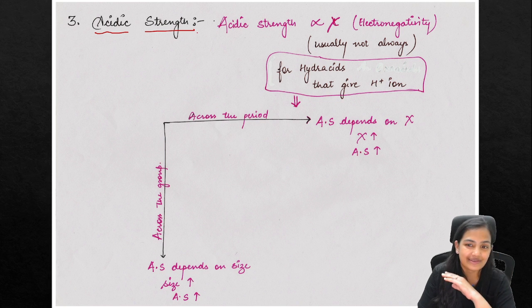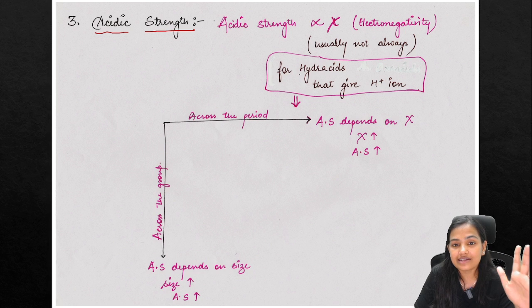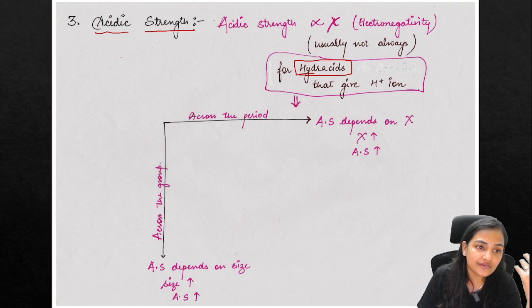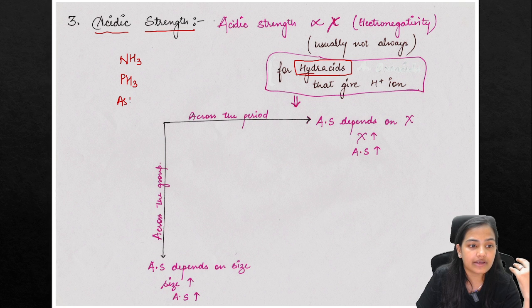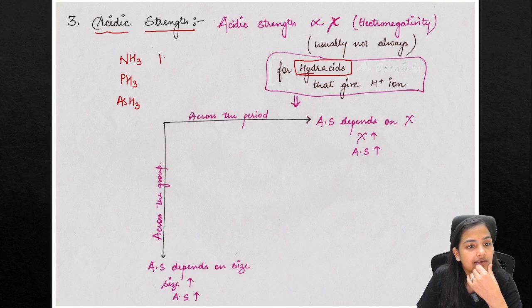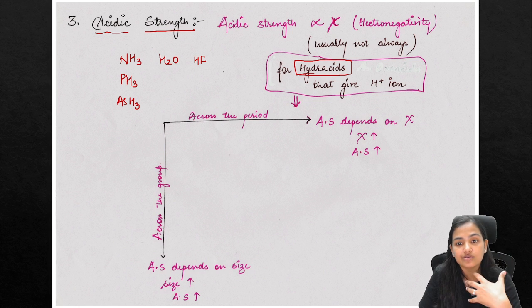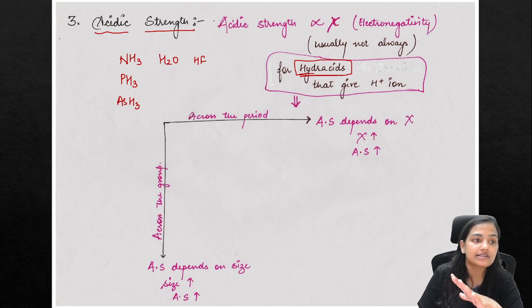So this is an amazing topic. Guys, I will be talking about the acidic strength of the hydracids. What are hydracids? Any species that forms a bond with hydrogen, whether it is NH3, PH3, AsH3, H2O, or HF, is known as a hydracid. So we know one of the definitions of acids, that the acids